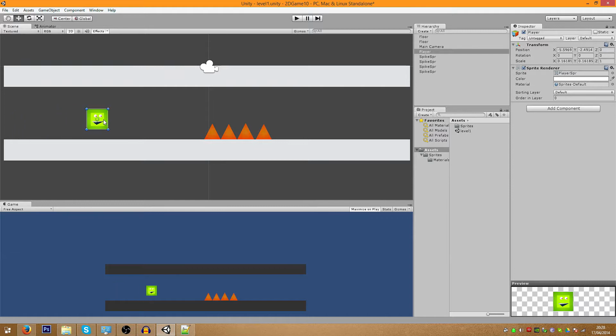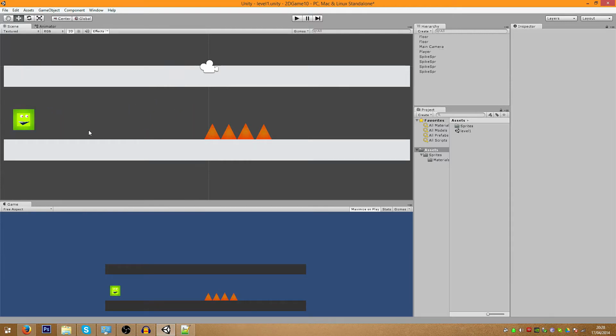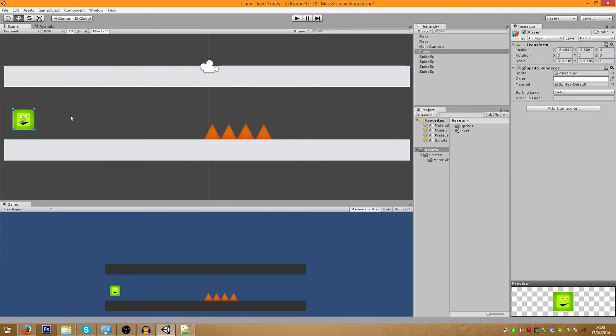and right. But obviously the way I'm going to set it out is that he will be constantly moving left, and then you're going to jump. He'll be constantly moving, the only thing you'll control is jump. But the reason I'm going to do this is because you'll be able to apply what I've told you on how to jump and actually apply it to anything. So we set a constant movement to the right here.